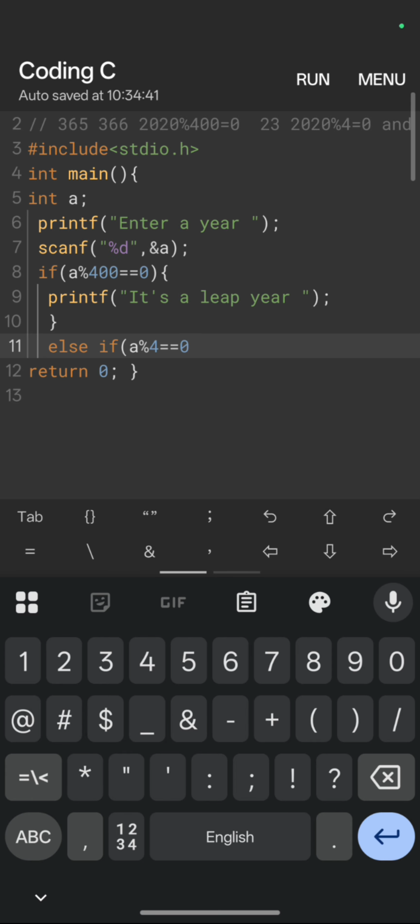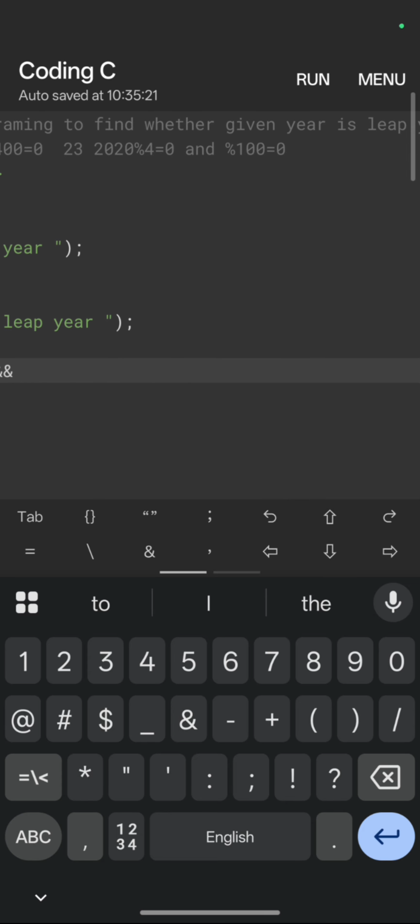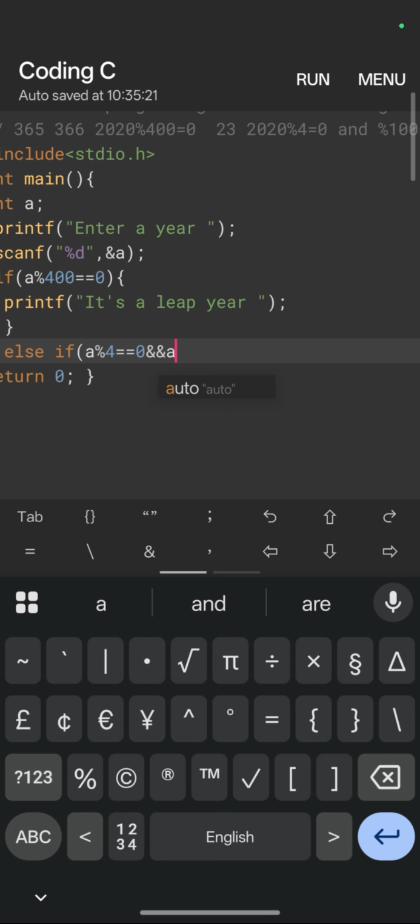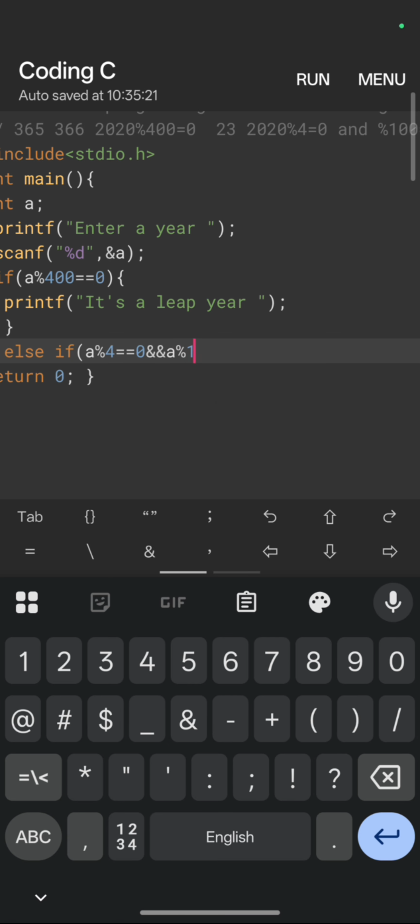And to say "and" in C programming, use a double ampersand. If we use one ampersand, we are saying address of variable, but if we use double, we are saying "and". So we must understand the language of C programming. We are communicating with the computer. So a divided by 4 is equal to 0, and on the condition that it is not divisible by 100. So a when divided by 100 must not give us